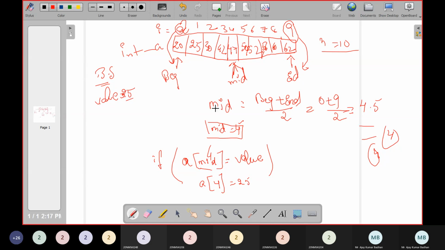So what is the value we have exactly in this particular location? 47. So 47 equal to 25. So this way we are going to search it. Okay, 47 is not equal to 25. Next, we have to check another condition on this value A of mid. And remember, if A of mid is equal to value, you get it. Then finally, you can directly display the position if you find that element at that particular